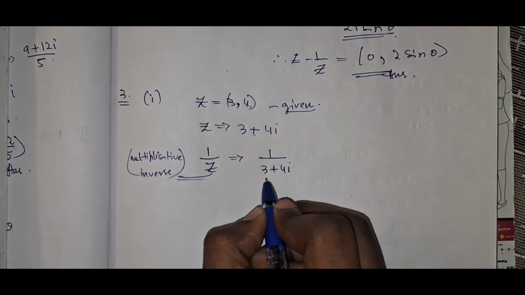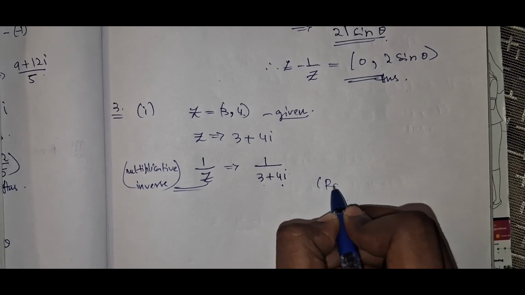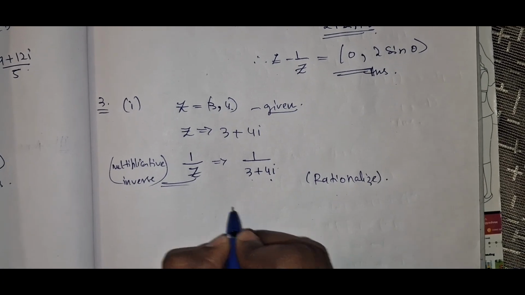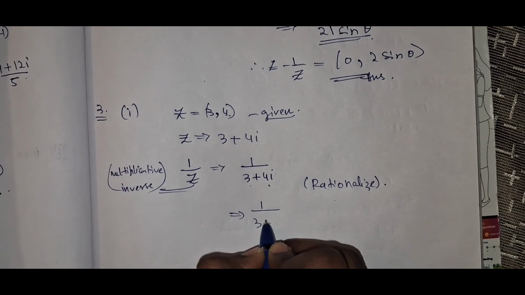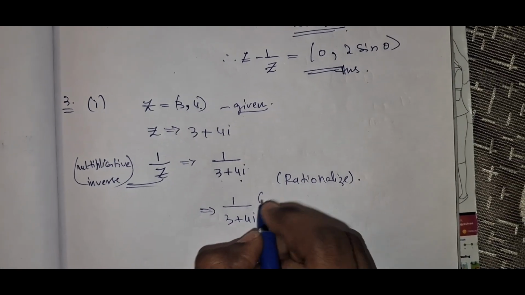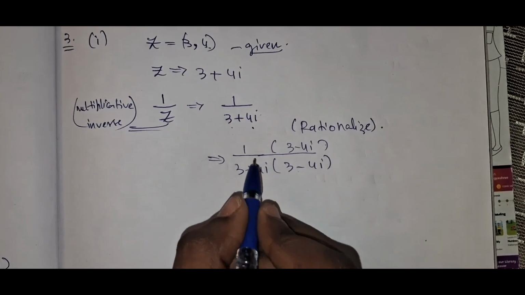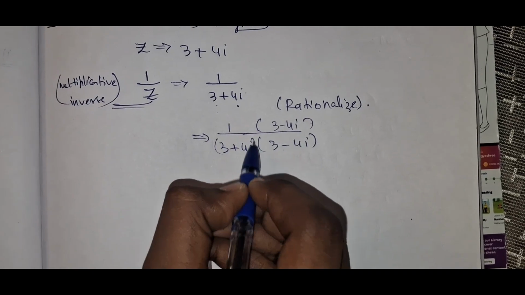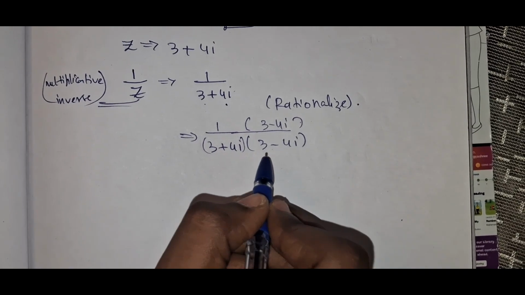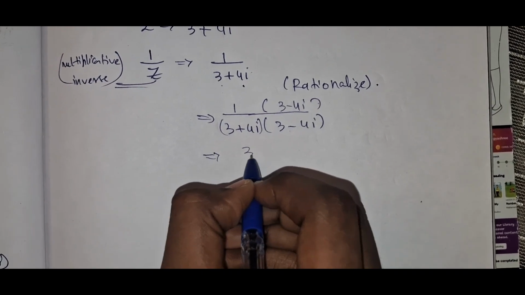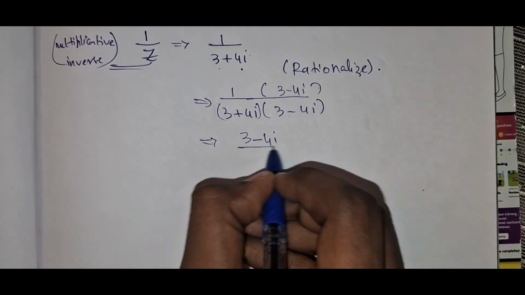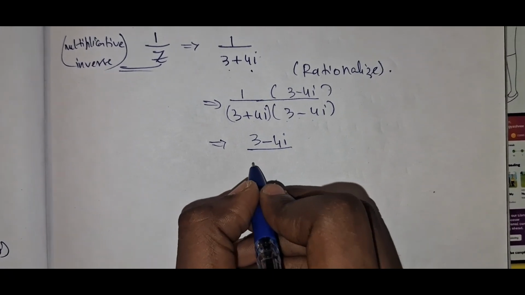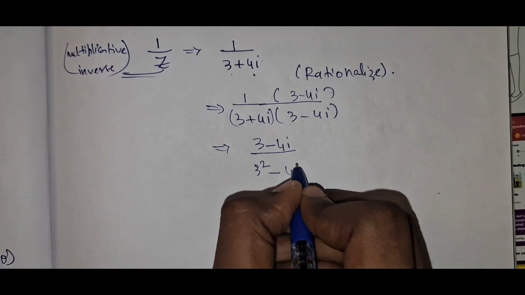Rationalizing it, because we have a complex number in the denominator, we will rationalize. So we'll get 1 by 3 plus 4i. If you rationalize it, we get 1 into 3 minus 4i. Similarly in the denominator, 3 plus 4i into 3 minus 4i, which is a plus b into a minus b. Therefore a square minus b square, 3 square minus 4i square,